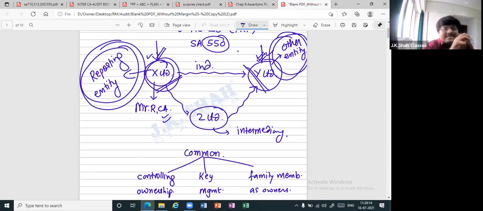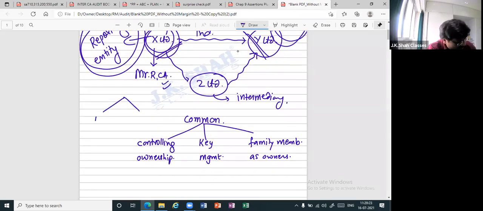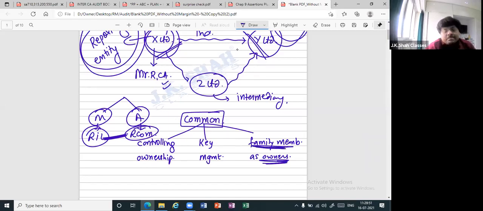I'll explain with a simple example in our country, Reliance. Reliance is broken up into two brothers, Mukesh Ambani and Anil Ambani. Mukesh has Reliance Industries Limited. Anil also has some companies, Reliance Communication, Reliance Power and all that. My simple question: are Mukesh and Anil related? Exactly. Since Mukesh and Anil are related, RIL also becomes related to RCOM. Why? Because these two companies have something in common: the owners belong to the same family. Now do you understand?